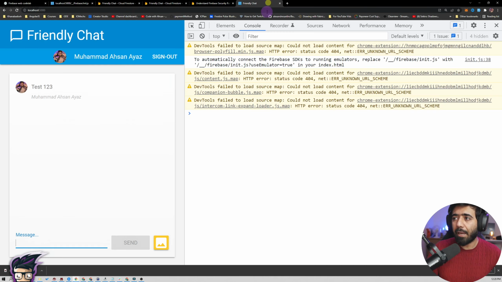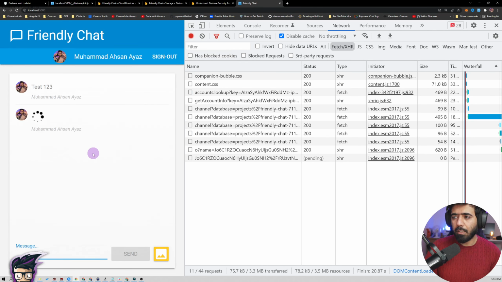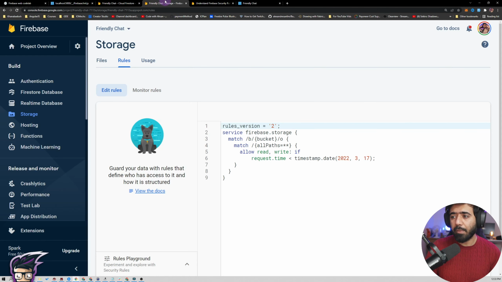So I'm going to go to my app now. I'm going to refresh now. I'm going to select this image and upload it. And here, if I do this, you can see that we got the image working, or we got the image uploaded. Now, you need to make sure that if you go to your storage, the Firebase storage, you need to